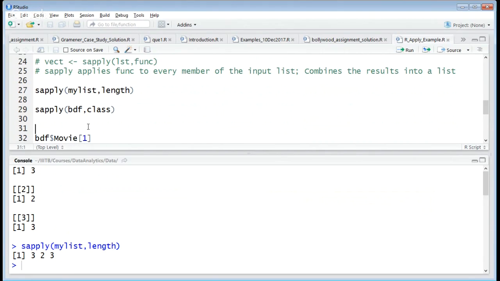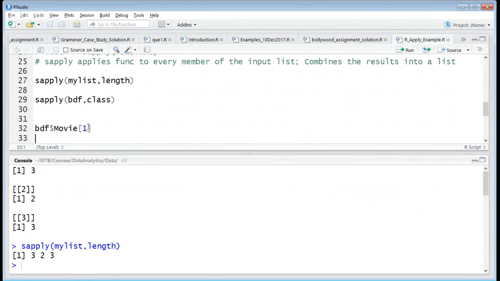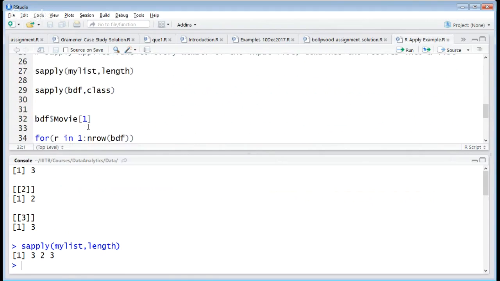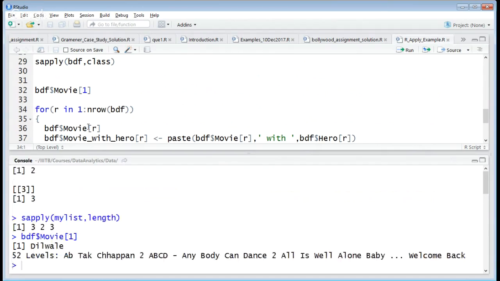Similarly, there is a much more generic function called apply. Apply generally works with matrices. When you are working with matrices, and you want to do some operations for every row or every column, you can use the apply family of functions. Let me give you another example which I kind of cooked up. It sounded interesting to me, and hopefully you will also find it interesting. If you recall the Bollywood data frame, if I look at the movie name,